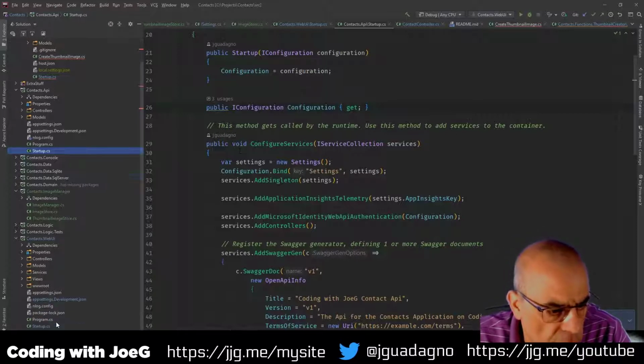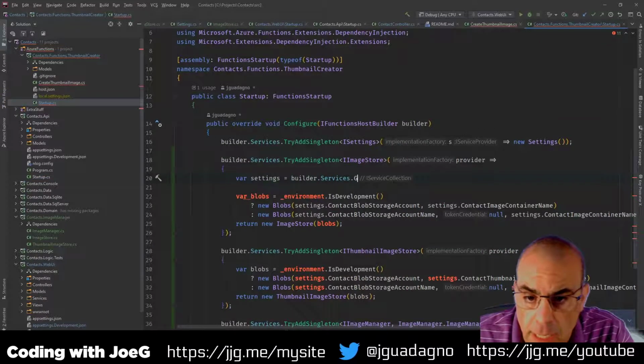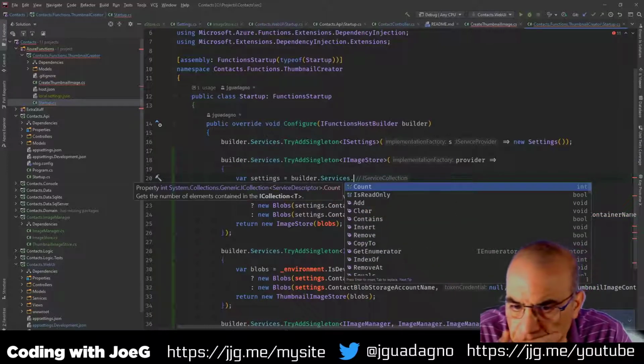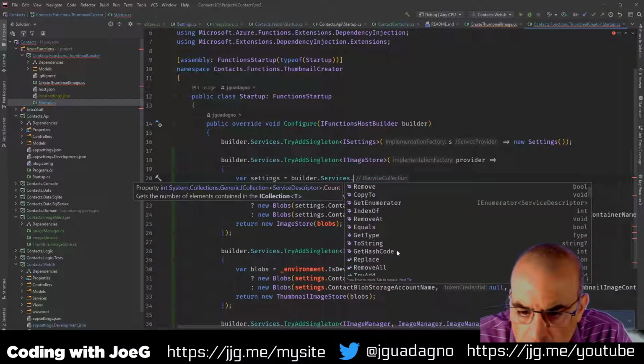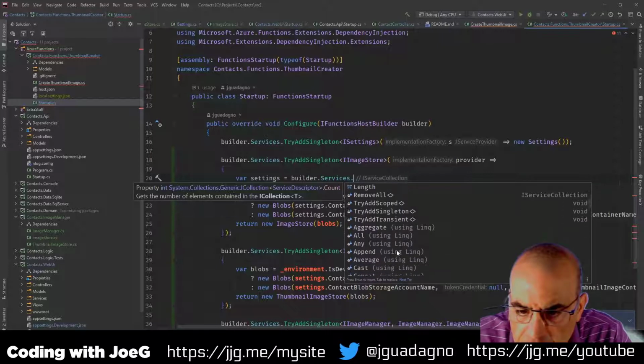So there is the ability to do a get folders dot services dot